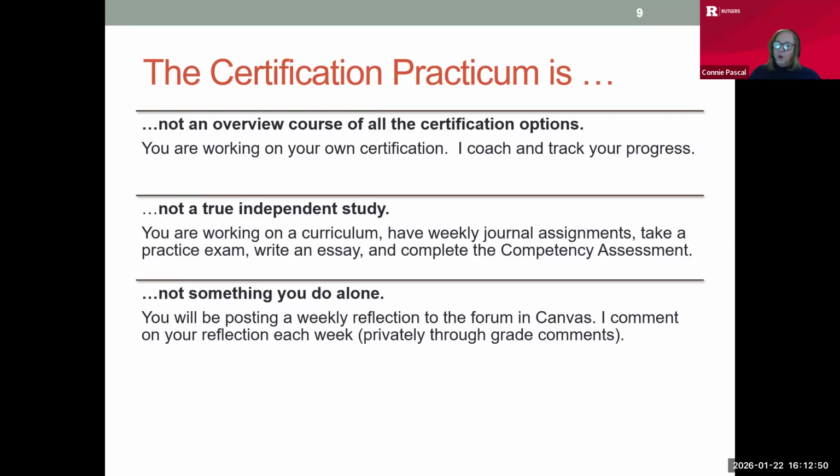While you're doing the work alone, you're actually with a cohort and your classmates in this class, along with myself. So you're posting a weekly reflection. Be sure to spend some time reading what your classmates are writing. I don't require that you respond, but you will receive a participation grade for how many page views you read, and that means how much time you are spending reading your classmates' reflections. You will learn so much about their approaches, get ideas for how other people are learning the materials or how they're studying for it,